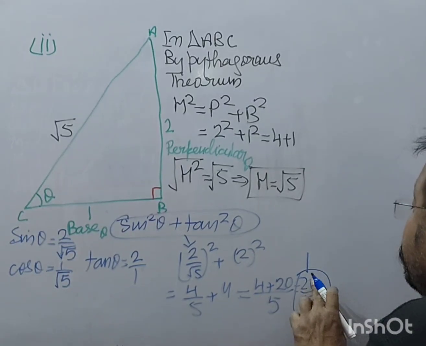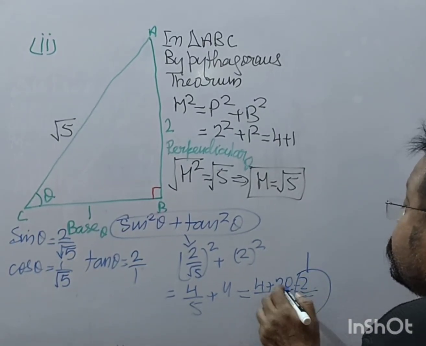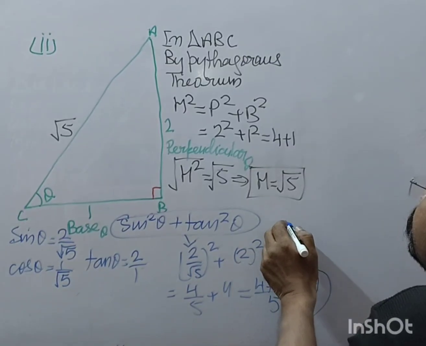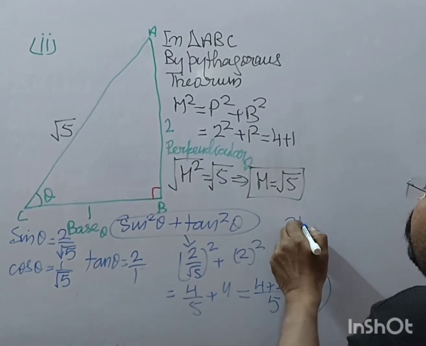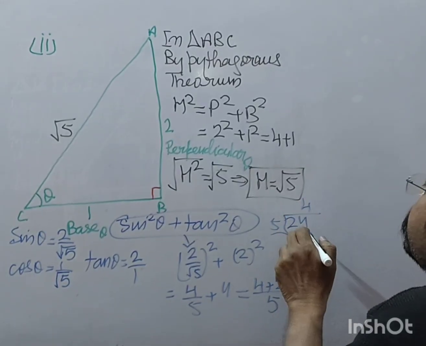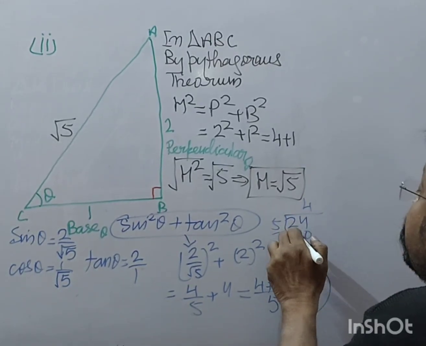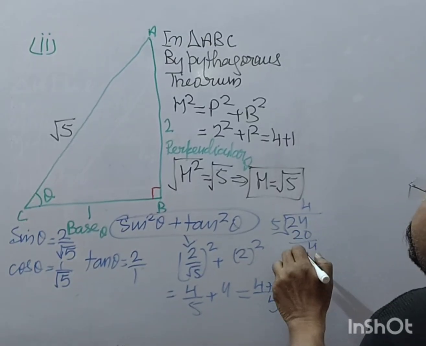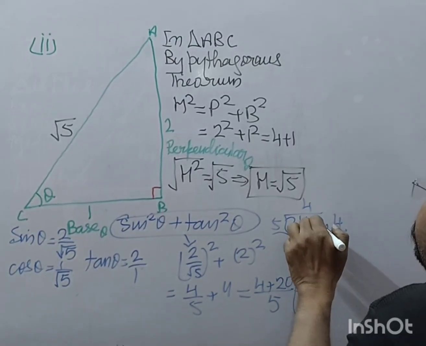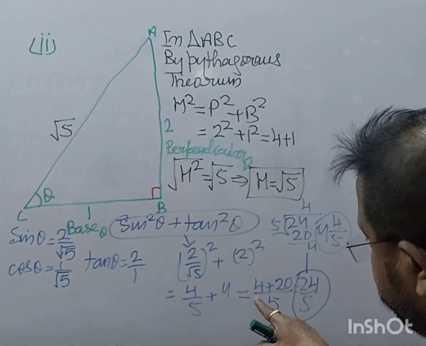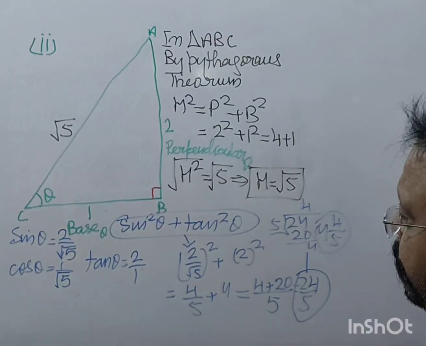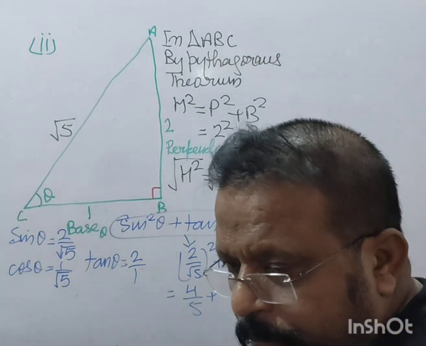Oh, it's not 20 by 5. It is 24 by 5. Sorry, it is 24 by 5. So 24 divided by 5. 4 times 5 becomes 20 and 4 is here. So it is 4 whole 4 by 5. We can write it like this also. It should be 4 plus 20 becomes 24. Right? This will be your solution. Okay.